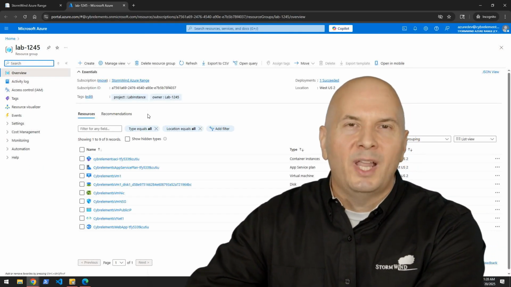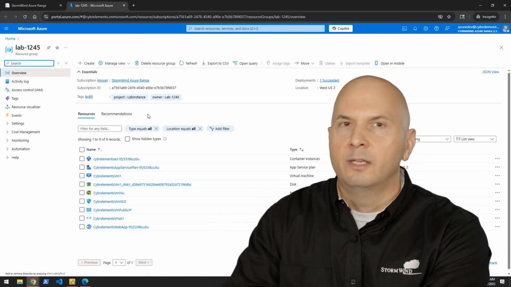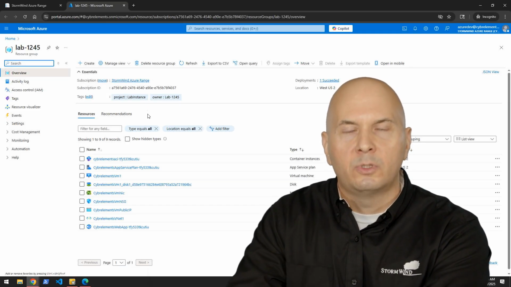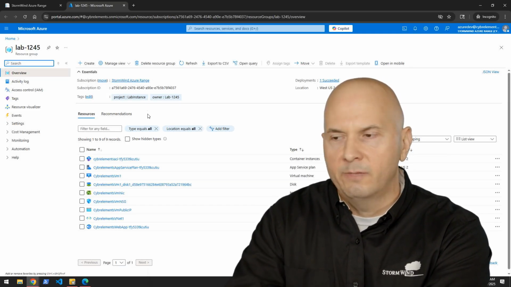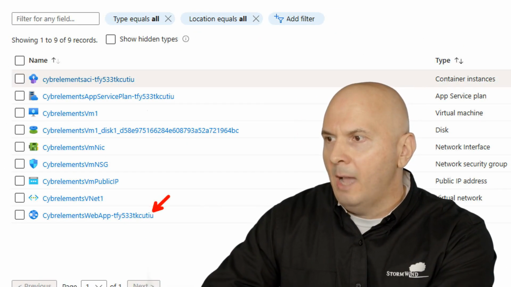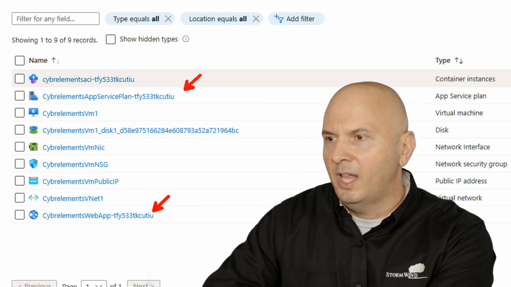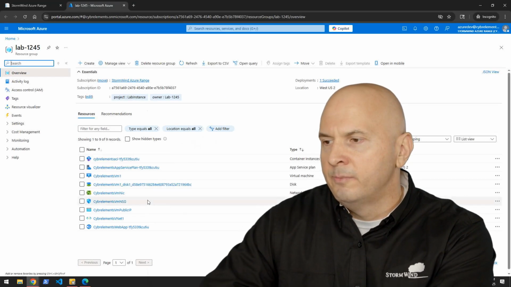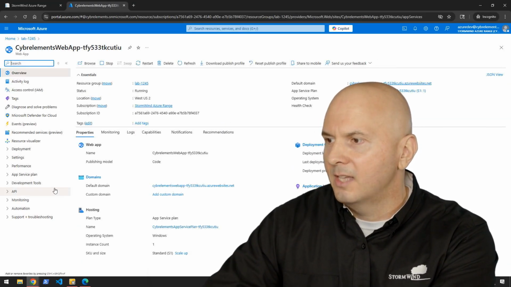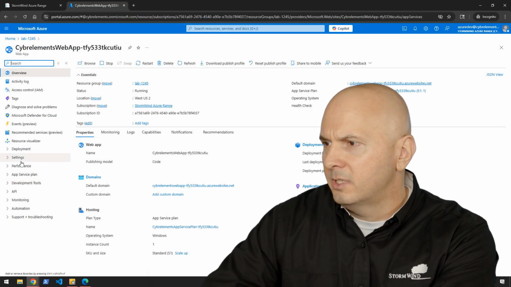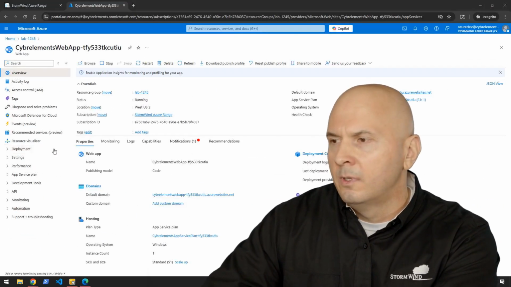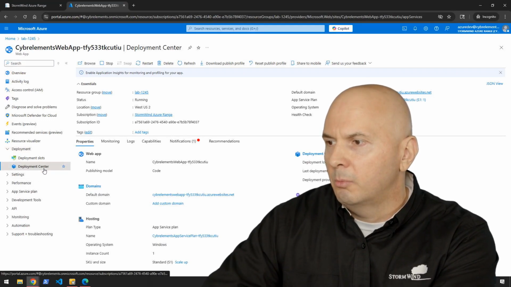And so the app service plan is like a hosting plan. And then just like you would in a web server, you can put multiple web apps on top of the hosting environment. So down at the bottom here, you can see that I've got my web app. And then there's this app service plan, which is like the hosting environment. But if I go into the app itself, and then I go over the left-hand side, let's see, there's a deployment option here. In here, you can go to Deployment Center,